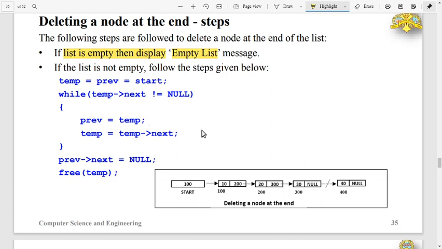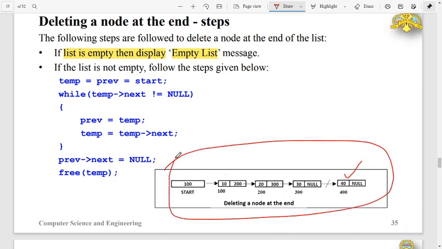To remove the last node, I must make the next field of the previous node null. That can be explained by using this figure. Observe that this is the last node in this figure.